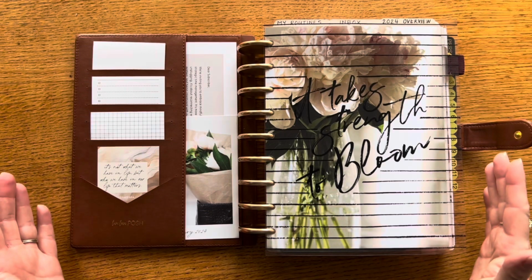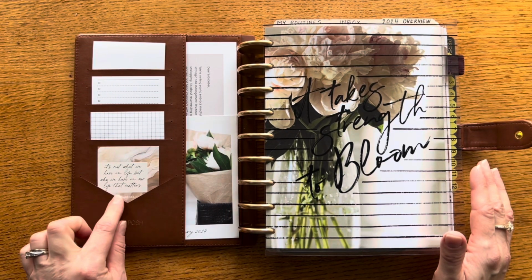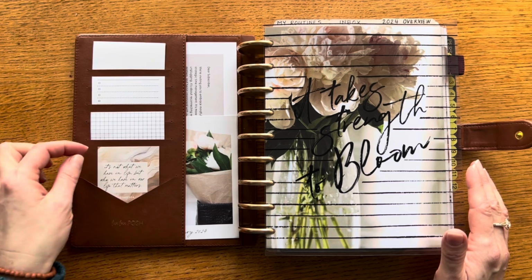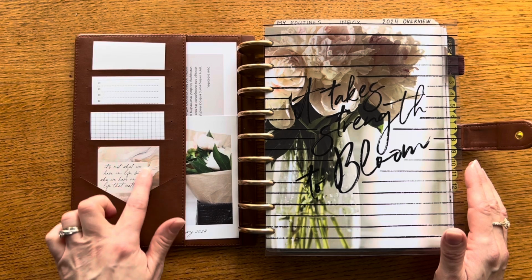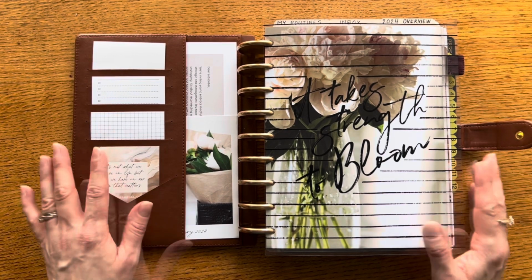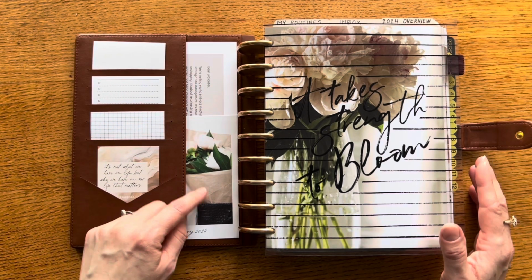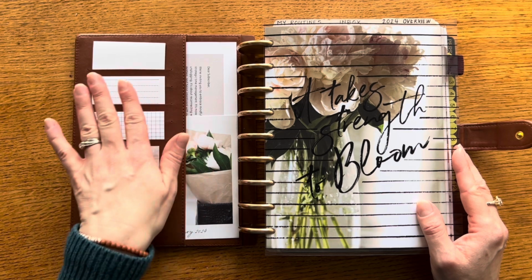And as you can see, I have updated some things in here. I swapped out my little quote card here, and I decided just to put a few little dots of some sticky tack behind there because I wanted to be able to read this quote, but if I tuck it too far into the pocket, it's all covered up. And then these are the 2 cards that came in the February deluxe subscription box from Jane's Agenda, and I just tucked those in there